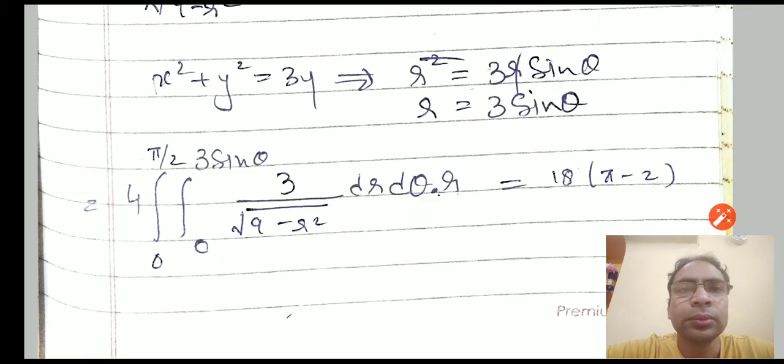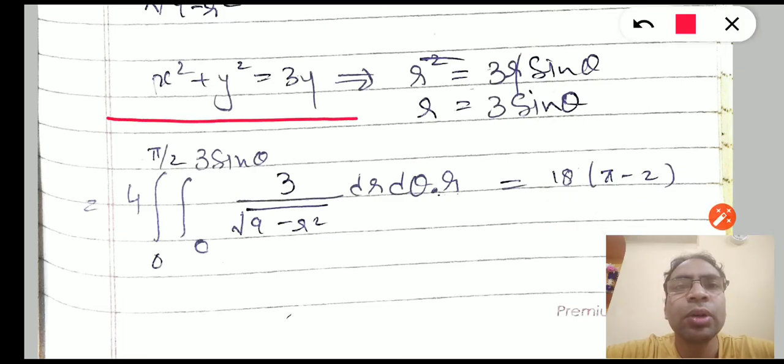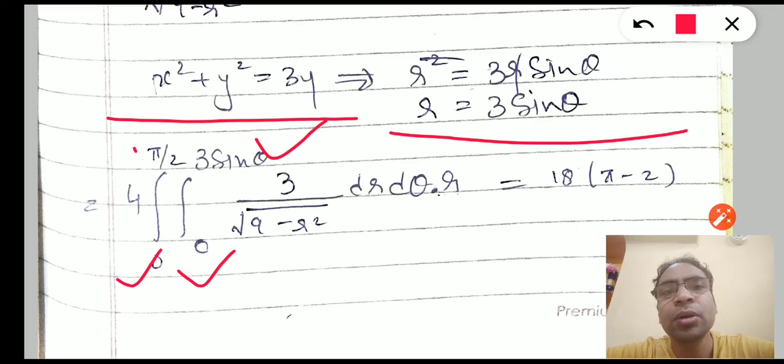So now this can be converted through x square plus y square is equal to 3y, from which r is equal to 3 sine theta. So r square is equal to 3r sine theta. So we have finally r is equal to 3 sine theta. So these are the limits: for r, from 0 to 3 sine theta, and for theta, from 0 to pi by 2, because we are considering one quadrant,